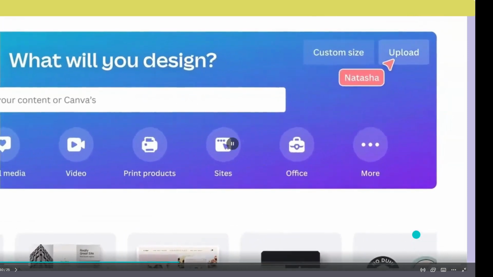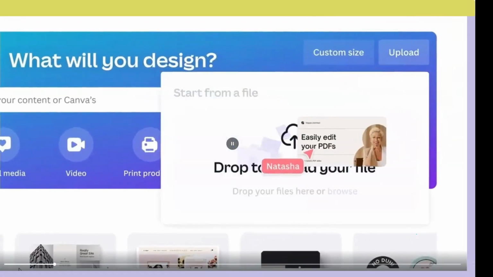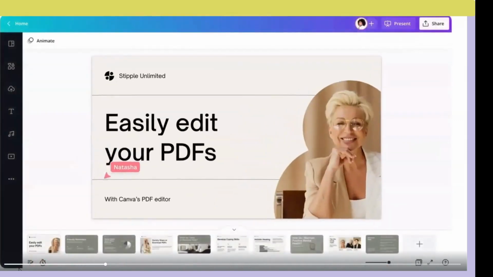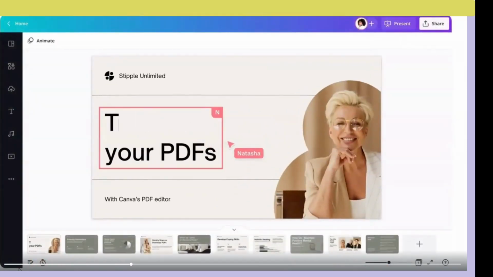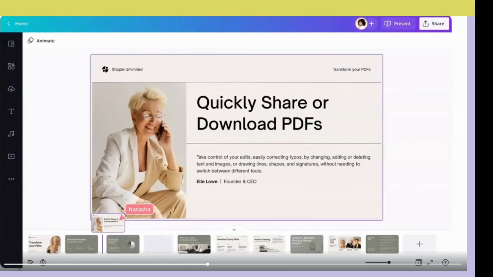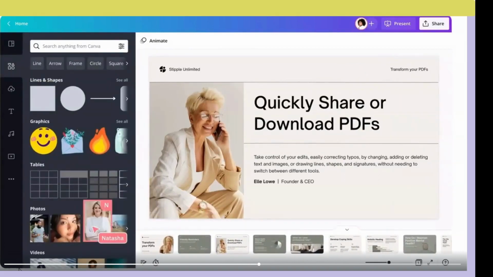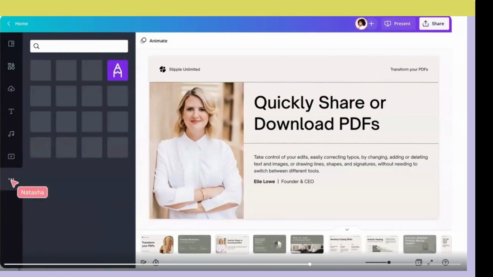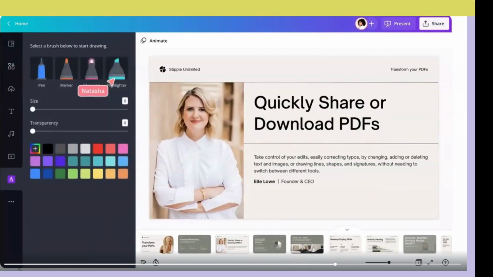So this is kind of a GIF where it shows you the process, and I'm going to watch the screen here. Basically what you do is you jump out to the home page, you upload your PDF, and then every single thing becomes something that can be edited. So you can see there that they're changing images.